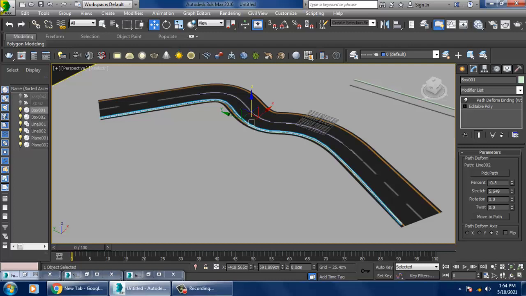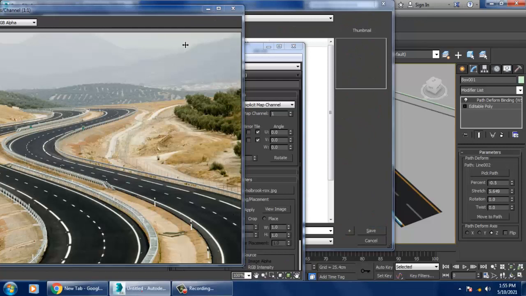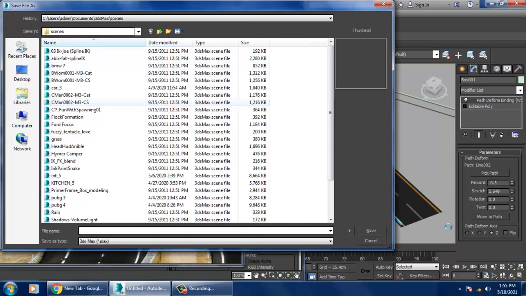So just save your file. So let's just save it first.